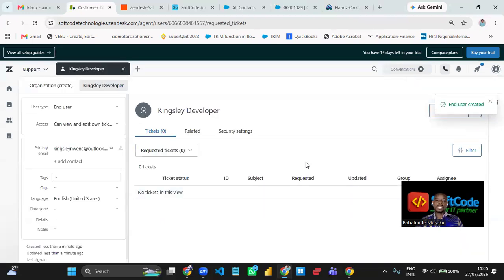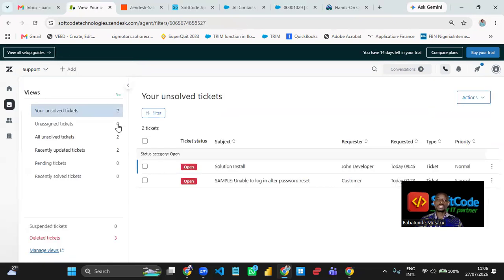So what it does is that it's going to create a user or a customer record for Kingsley. Kingsley, if you check your mail, you should have received a mail from Zendesk saying that your customer record has been created in Zendesk by Softcode Technology. Okay, now that you have done that, you can just close this user, and then go back to your